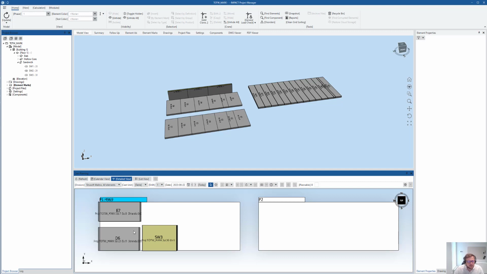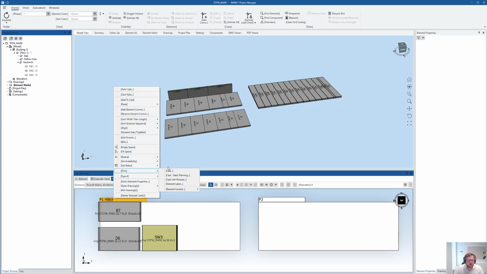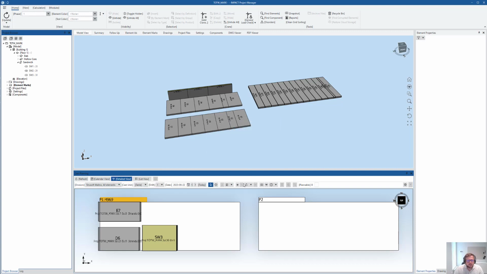Instead of me creating, in this case, three different element types or element labels, maybe you should do it for each element. So maybe it should be like 10 element labels. You can do it with one and just drive this by parameters. So we start with printing out the label, and I'm selecting a template,